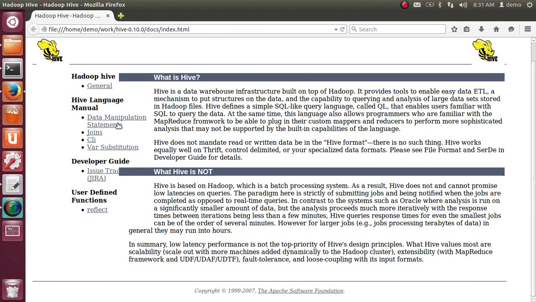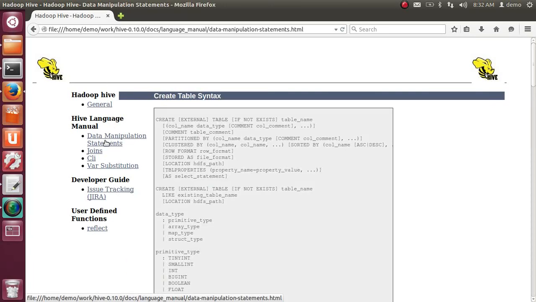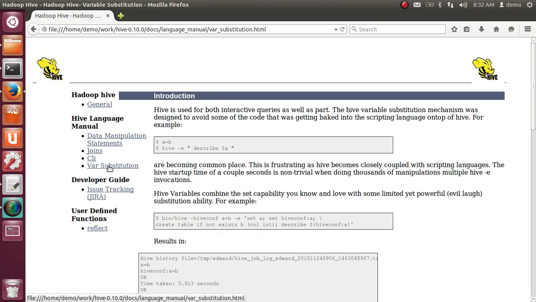It explains what Hadoop is, what Hive is, what Hive is not, and data and semantics, joins, and everything is explained here.